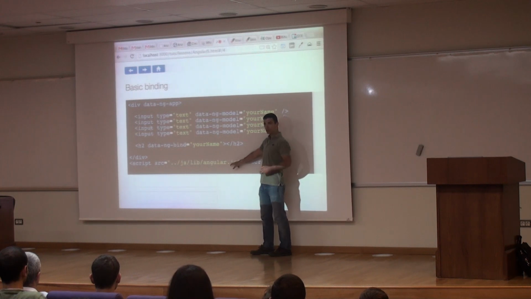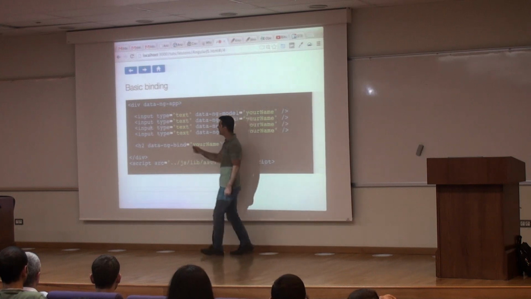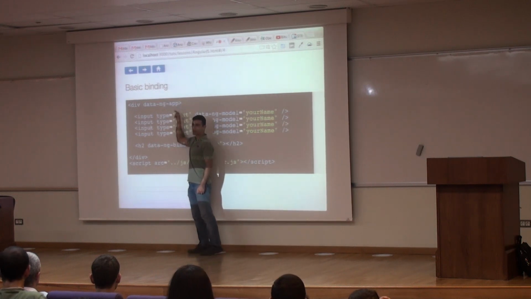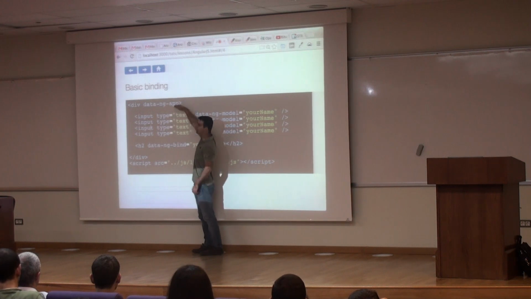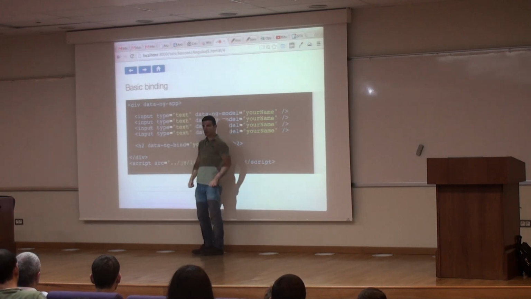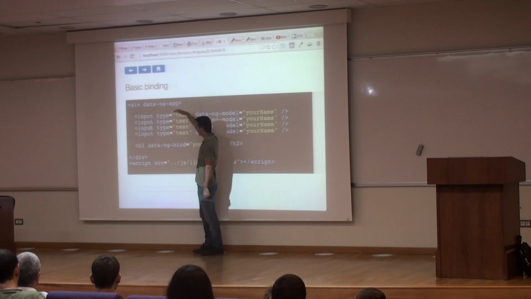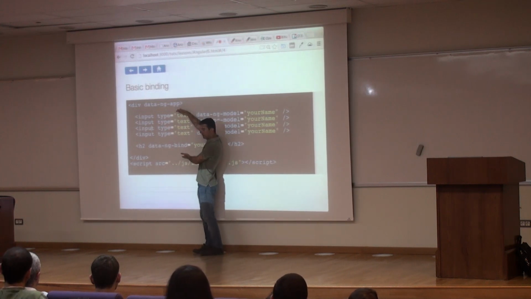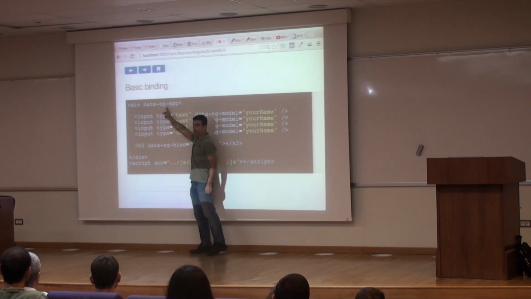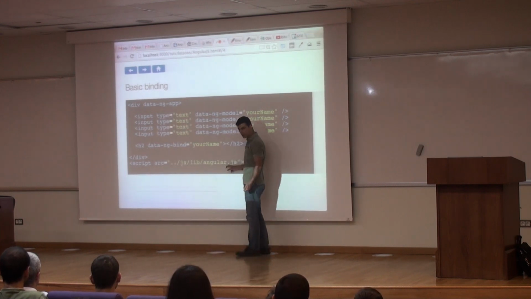When it loads, it queries the DOM, looking for an element that has in it ng app. If it finds it, it immediately bootstraps itself. In other words, sort of begins its process of parsing and binding. So just by putting this here, the moment this loads, it wakes up and says, okay,